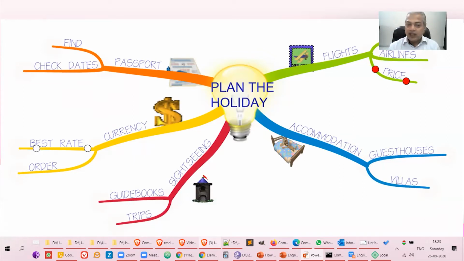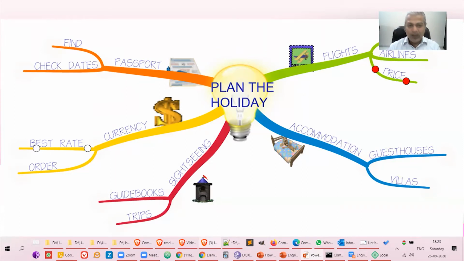This is how our brain typically stores information. It connects a lot of things in a network manner, and if you make these kinds of maps, it is easier for our brain to remember. That's basically the technique.